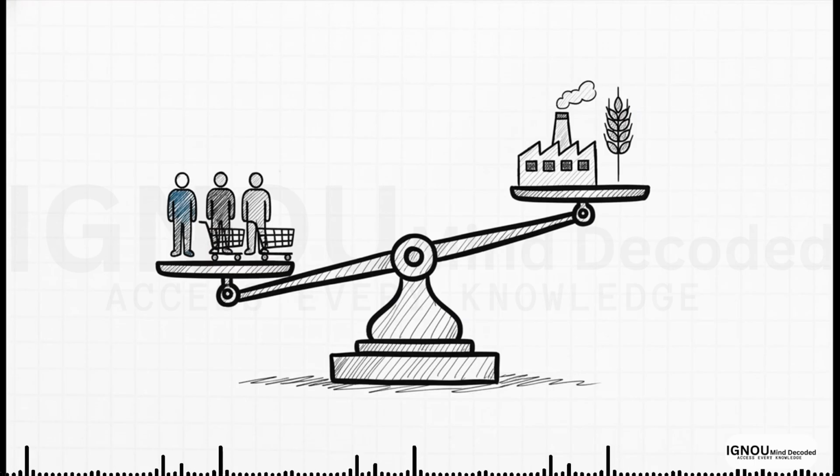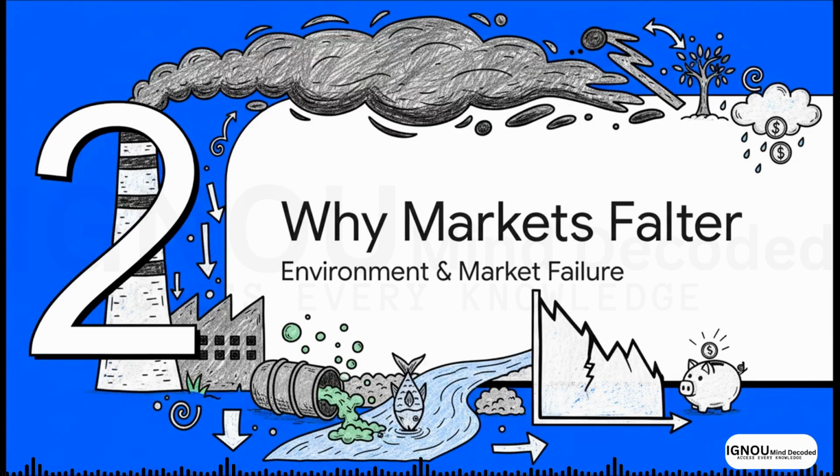So, how do we make these choices? Well, for the most part, we rely on markets. The whole system of supply and demand is incredibly good at figuring out how to use scarce resources in the most efficient way possible, so that we get the most bang for our buck with as little waste as possible. But, and this is a big but, that system has a blind spot. Let's move on and dig into that blind spot.